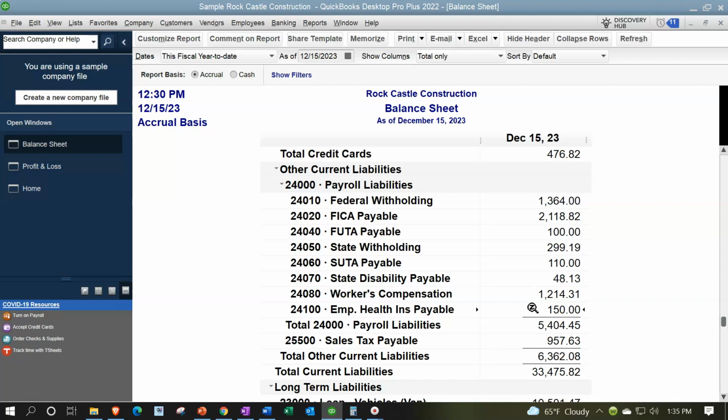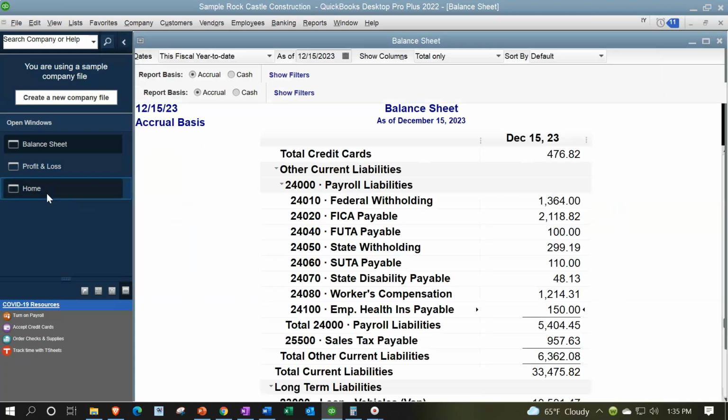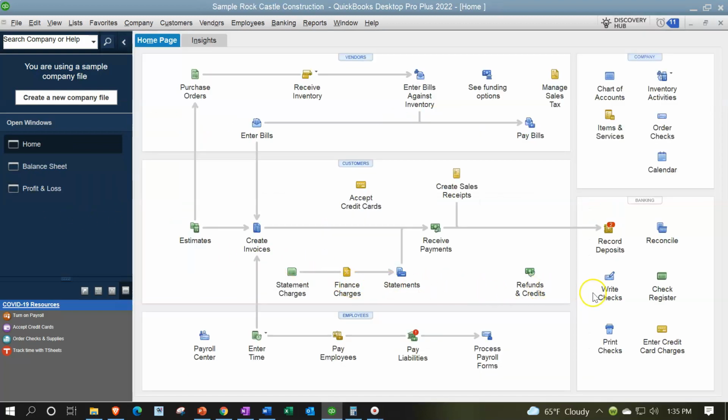So now we've got the situation that we're going to process the payment. If I go back to the home page, you might say, well, why don't I just issue a check, a check type form, something that's going to decrease the checking account and pay these off? Instead of writing a check, however, we're going to use the pay liability widget, which in essence still generates the checks, but also indicates that it's done so with the payroll liability widget, and it will help us to manage those liabilities as they become due if we had set them up properly